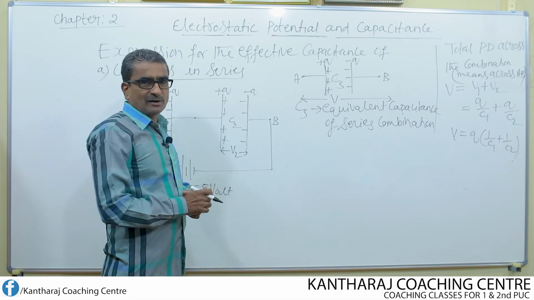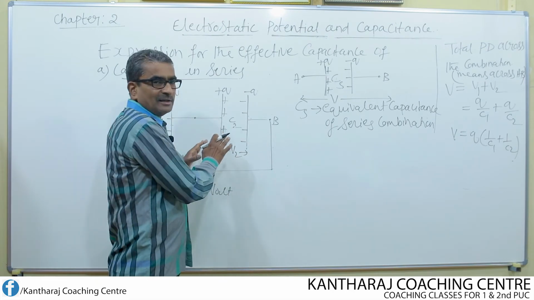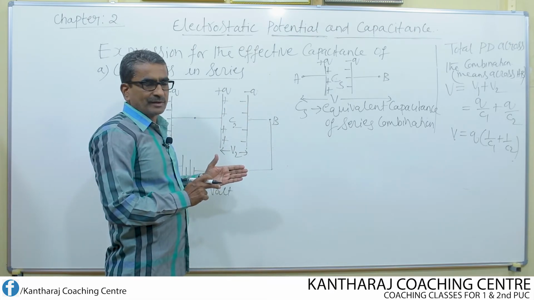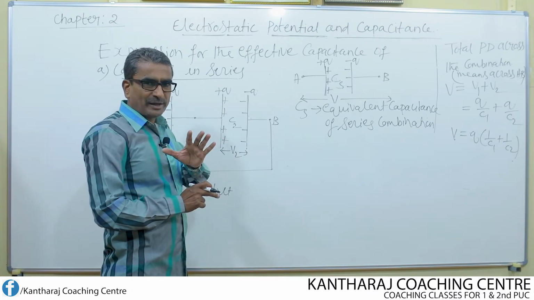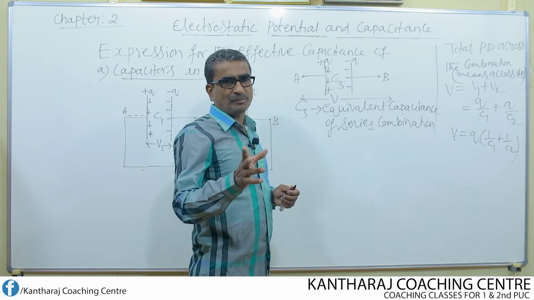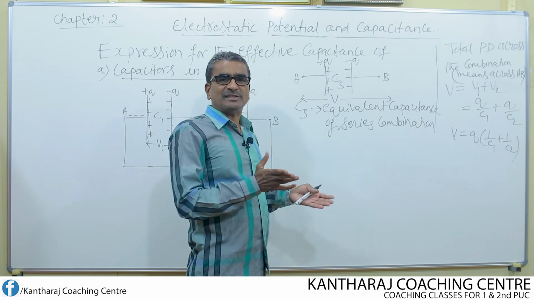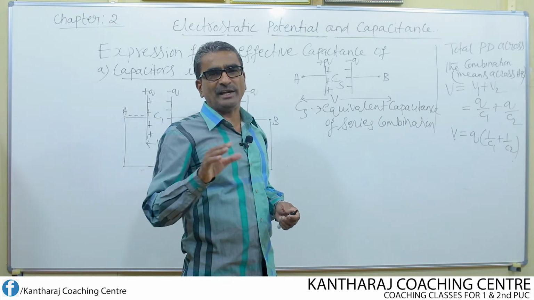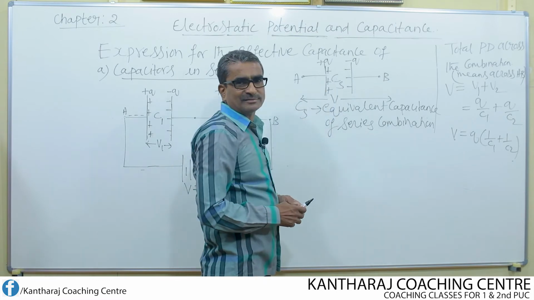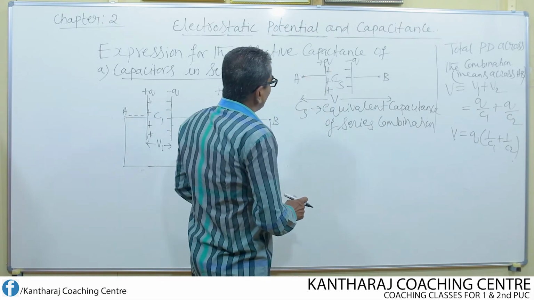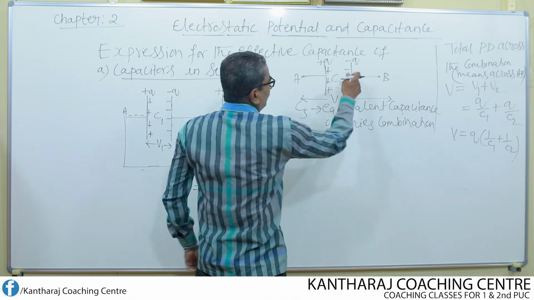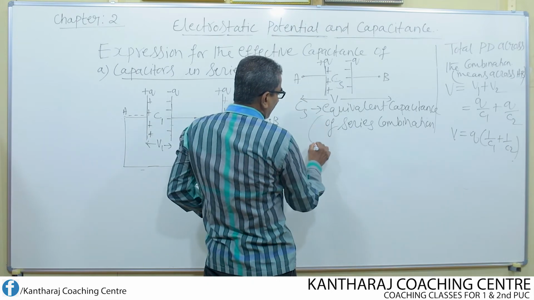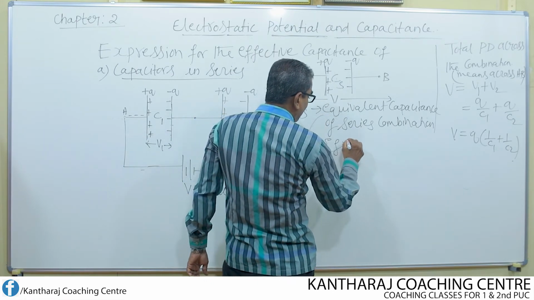See, instead of connecting two, I connected one. I give one simple example. Instead of keeping two coins of 1 rupee, I can keep only one coin of 2 rupee, because the amount remains the same. One coin of 2 rupee is equivalent to two coins of 1 rupee each. So that is what we have done here. We can compare like that. Now, what is the potential difference across AB for this effective capacitance or equivalent capacitance? Either I can call this equivalent, or I can also call this effective capacitance.